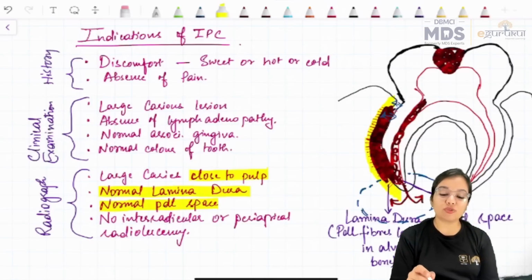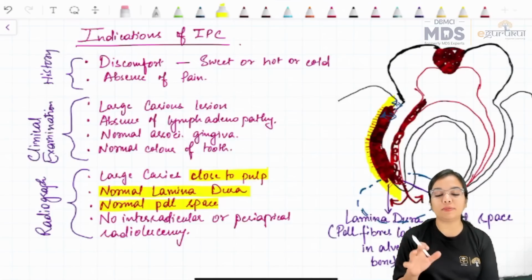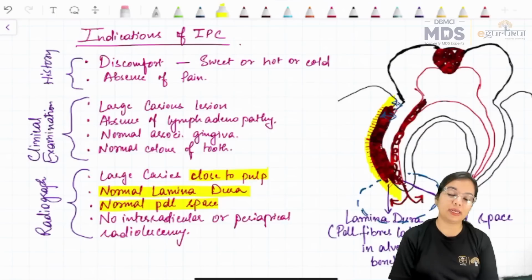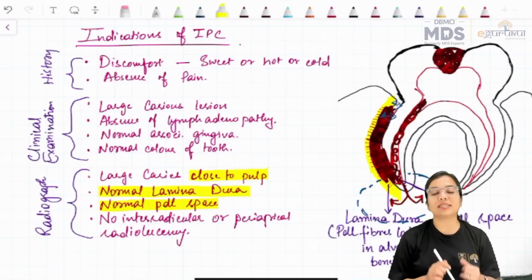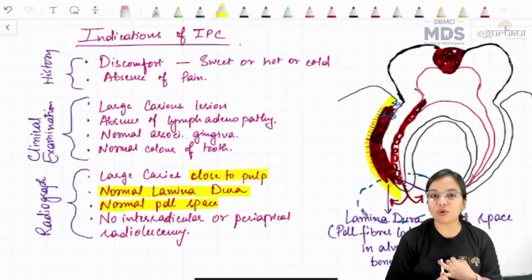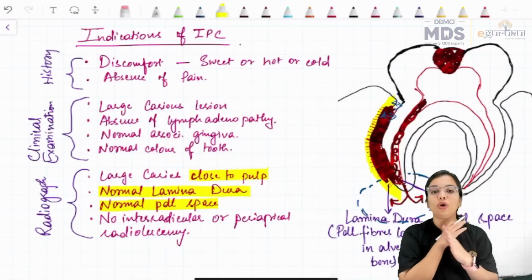In indications, what we read was just minor discomfort and absence of pain. So wherever there is extreme or prolonged pain, you are not supposed to do an indirect pulp capping. Then on clinical examination, if there is excessive tooth mobility, pus in or around the tooth, discoloration of the tooth, or a non-responsive pulp on pulp testing, then you cannot do an indirect